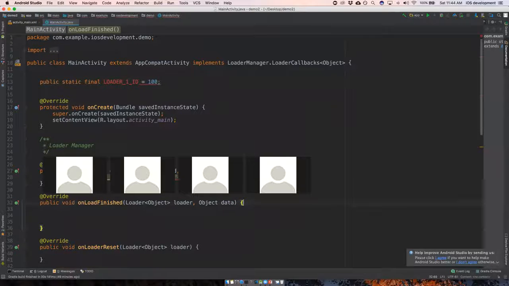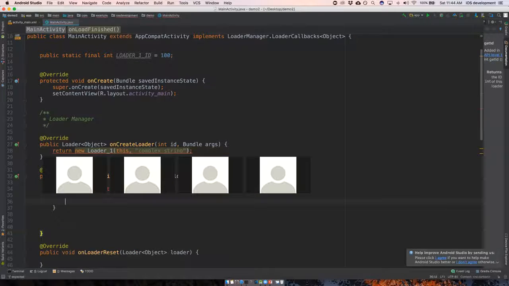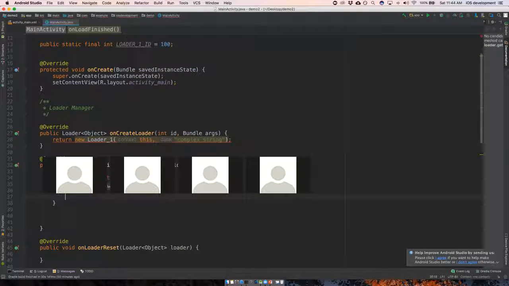So if I have multiple loaders, I will need to do this. Switch loader dot get ID. So case, so if I have a loader one,